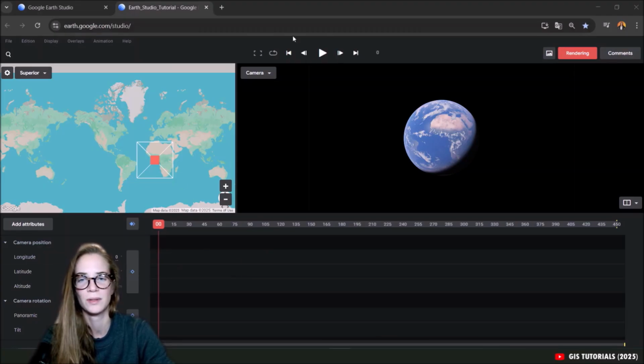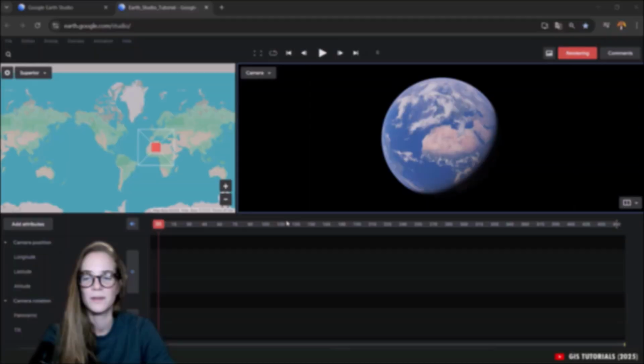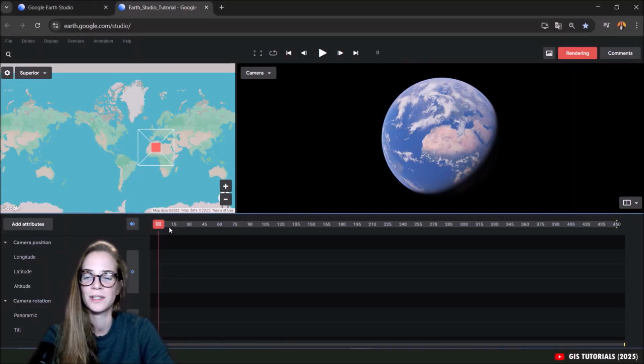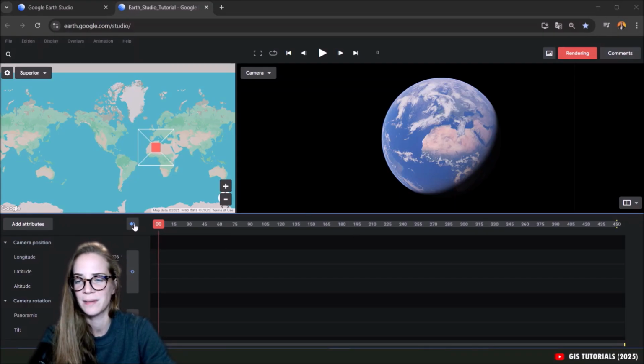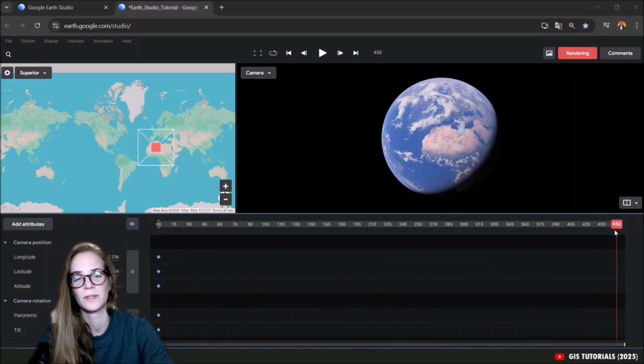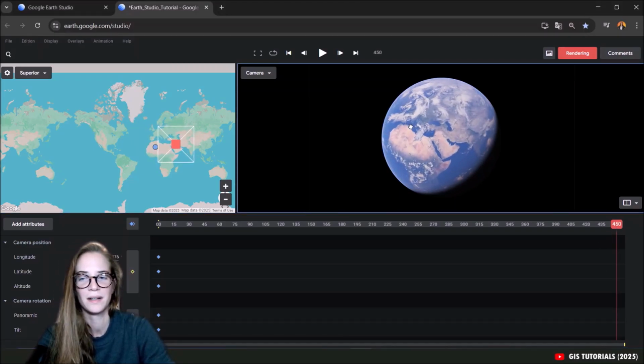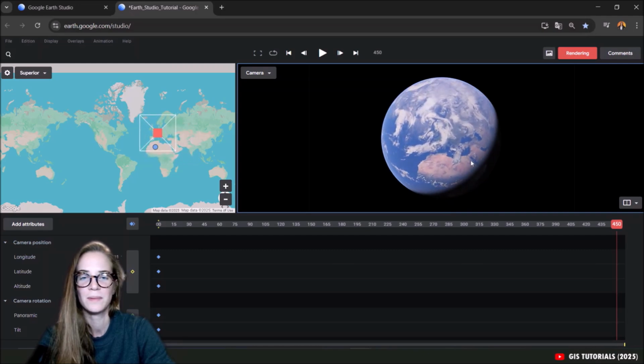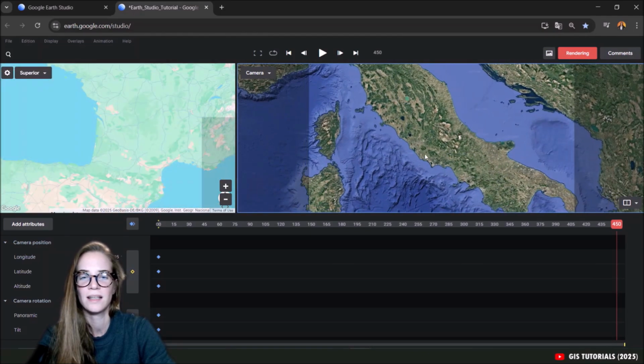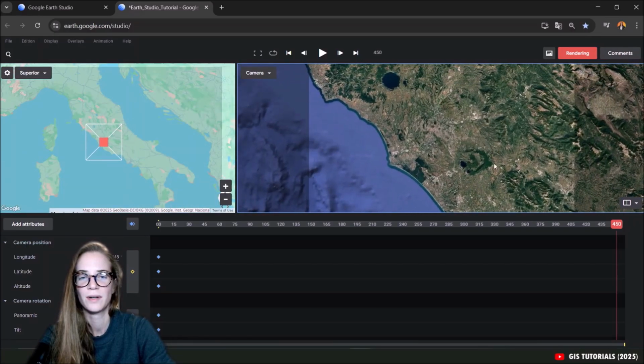Here you see the control buttons of the animation. So the first thing you will have to do is to move your cursor here at 0 images, and you will click on the keyframes button here on all attributes, so you see all of the keyframes. Then you will move your cursor to the end of your timeline, so it represents 450 images. And here, for example, we will move, I don't know, maybe in Italy. So for example here,